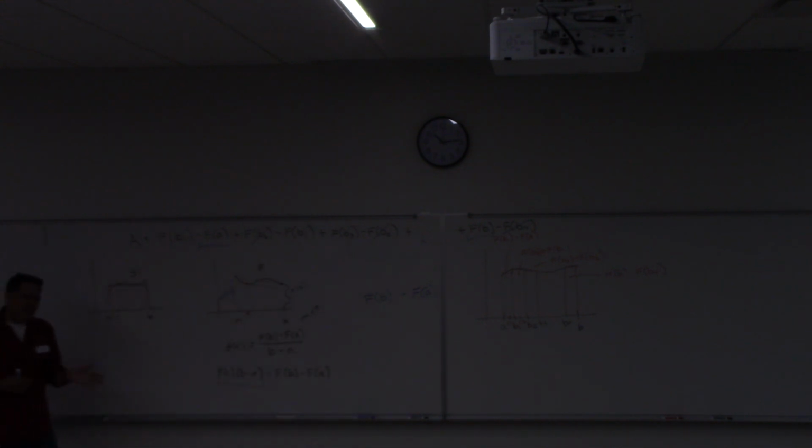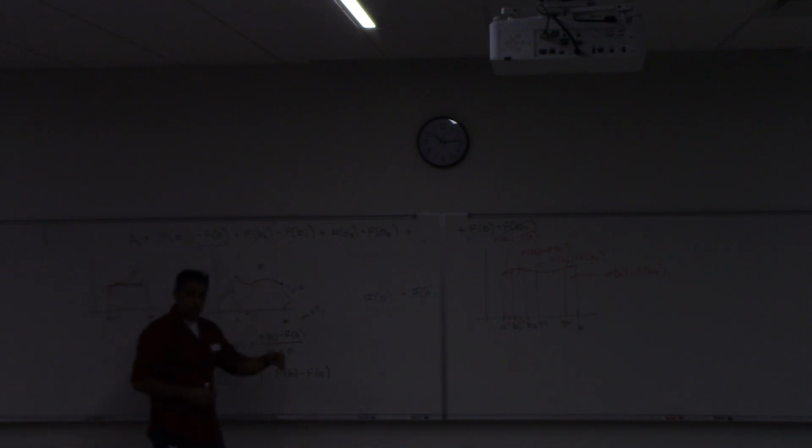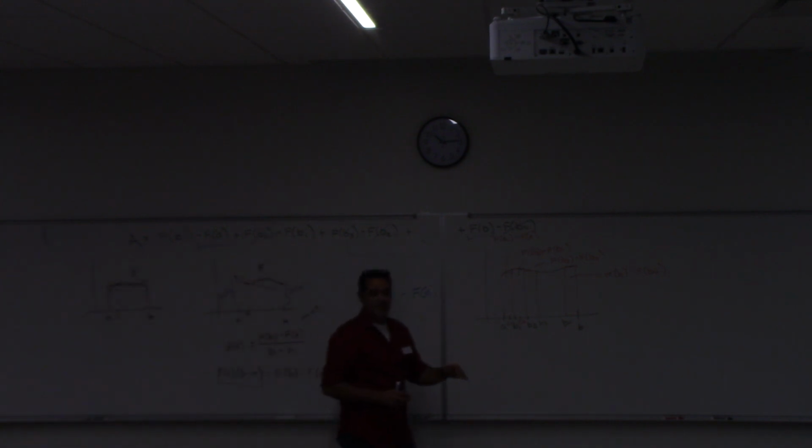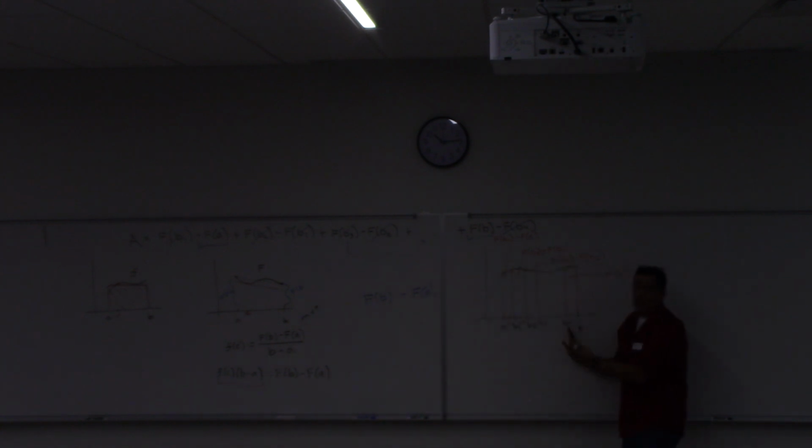Now, I am kind of weaving my way around a few little technical issues here. Like I said, n rectangles, we actually need an infinite number of them, okay? We need an infinite number of them. So we need to do a limit. We need to take a limit and let n go to infinity. I'm not going to get into that, all right? This is more, do you understand the idea of how